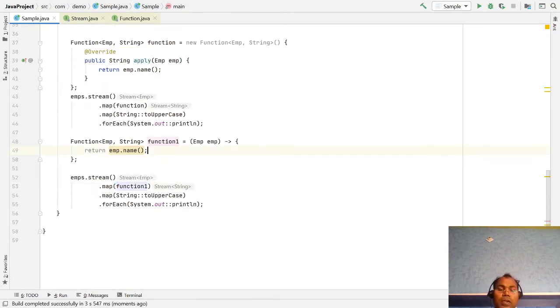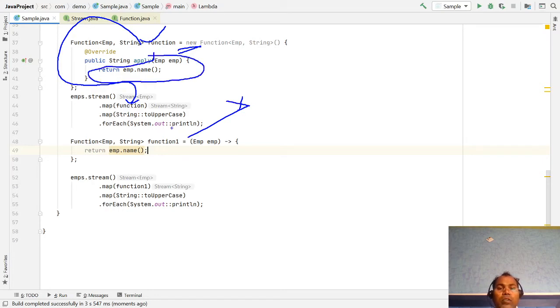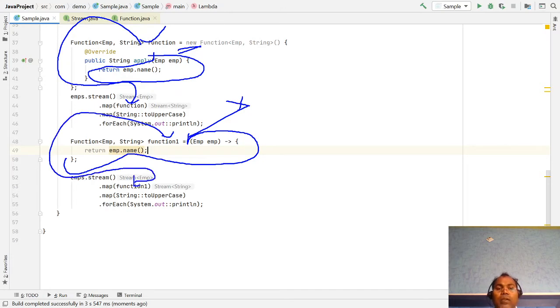So you notice that here we are creating a new object and passing it, but here we are not creating any object. This is the code; we have just created one variable holding the code, and we simply pass this method here.